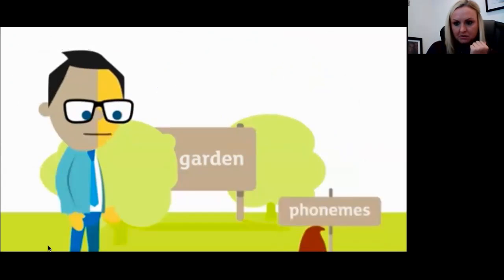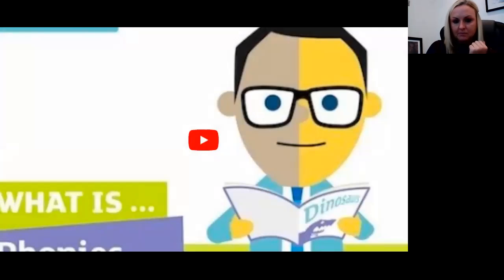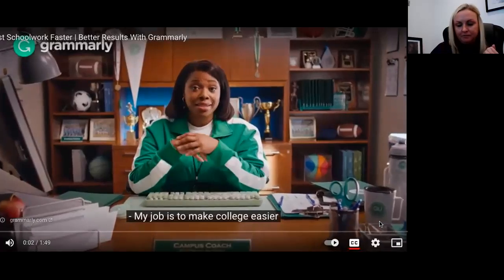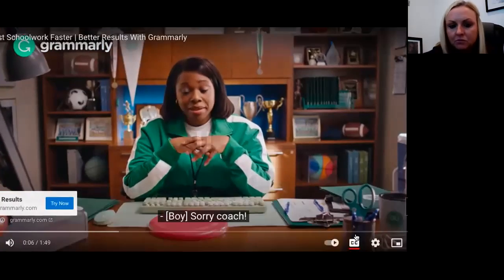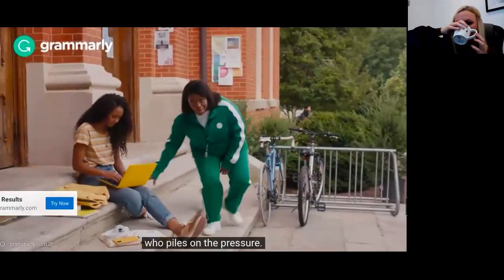We call these sounds phonemes. Sorry about that. Like all languages, English has an agreed. My job is to make college easier because students have plates. Like Harper, an econ major who